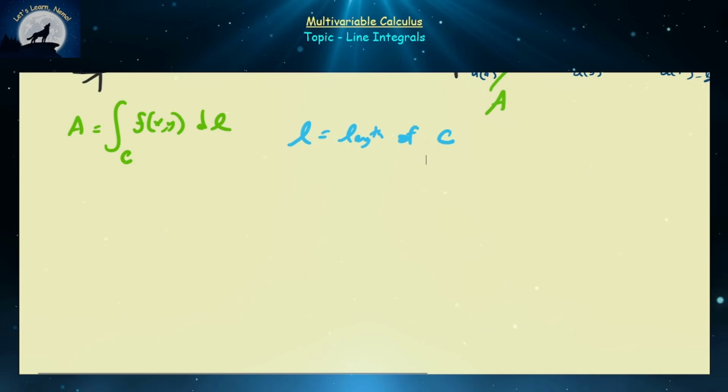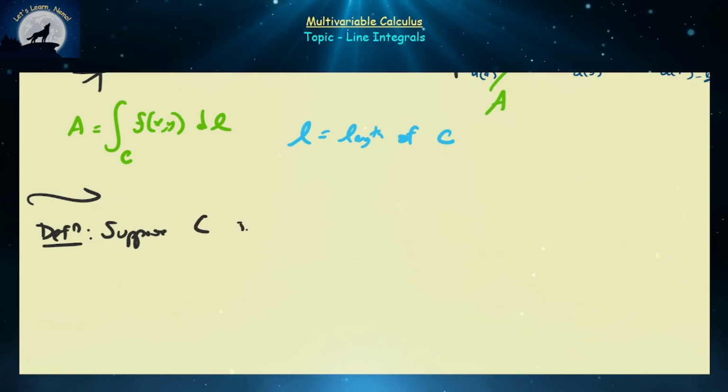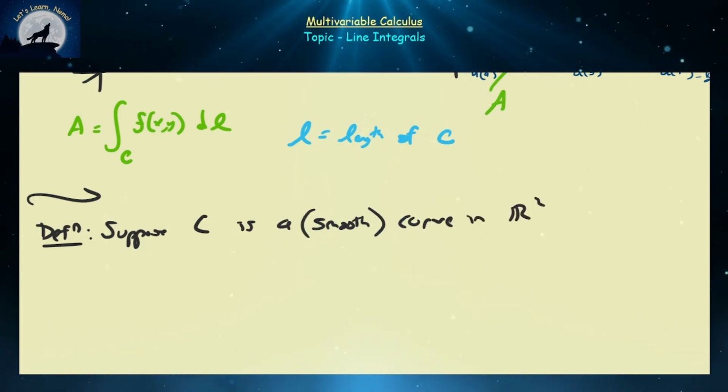All right, so let's begin with a definition that's going to get us going. Suppose that C is a smooth curve in R2. It doesn't need to be smooth, but it needs to be at least continuous. But we're going to be assuming that it's smooth here so we can at least differentiate it in R2. Then the line integral